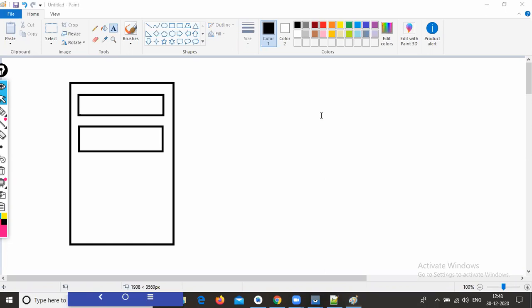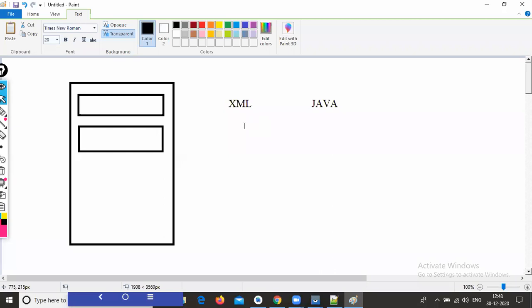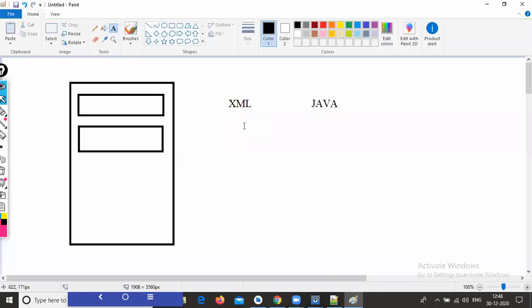It is a process of Android: when I'm creating one screen, it will create two files, that is XML and Java. So when I'm creating either one activity or one screen, we create two files, an XML file and a Java file.